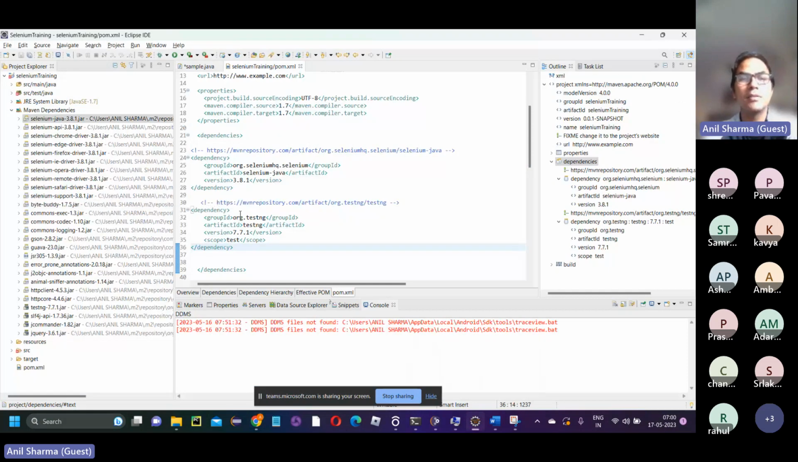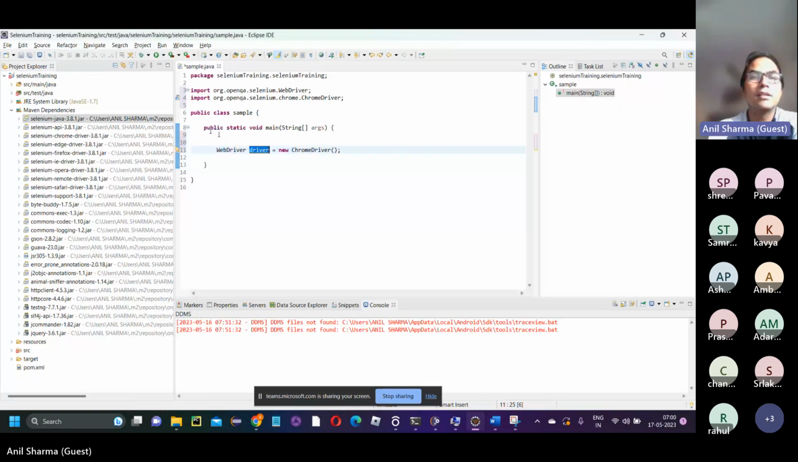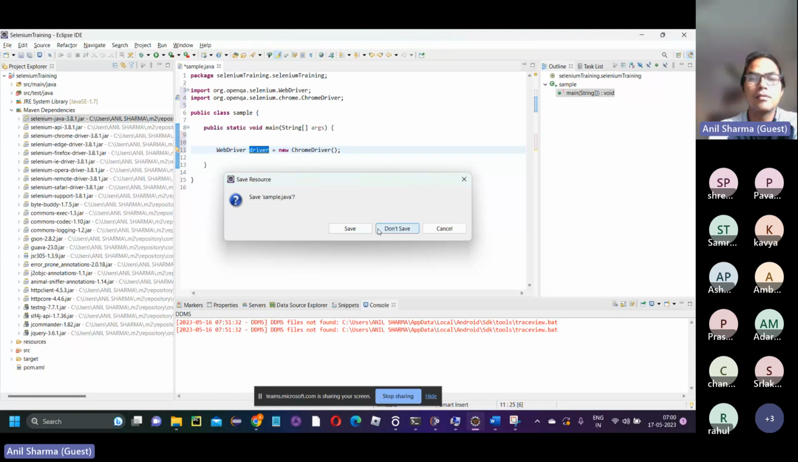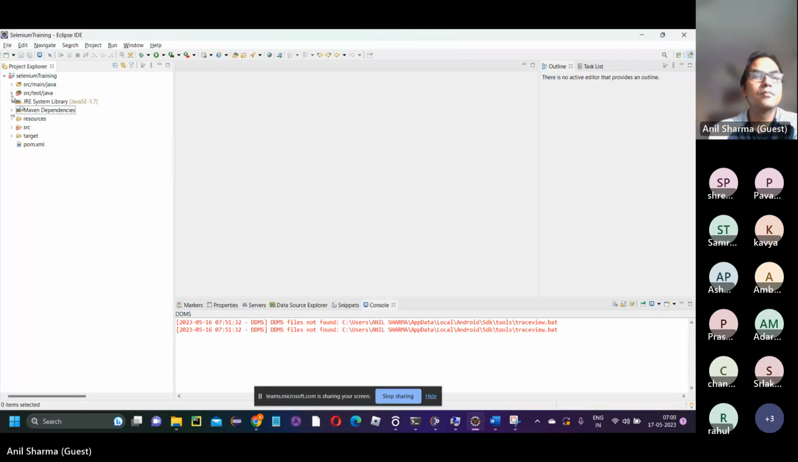Go ahead and add the dependencies, the Selenium dependency and the TestNG dependency. Both of them should be added. And when you save the file, it downloads and puts them under the Maven dependencies folder. Right, so this is your starting point. Now I will delete the sample. Let's go ahead and create our first